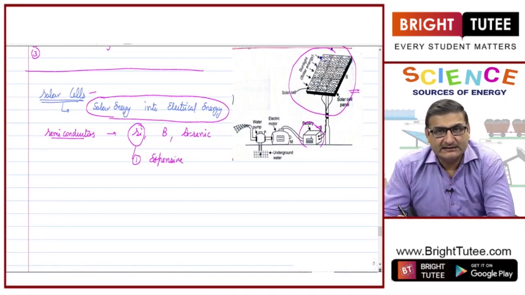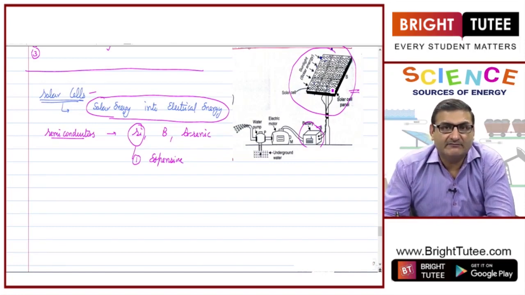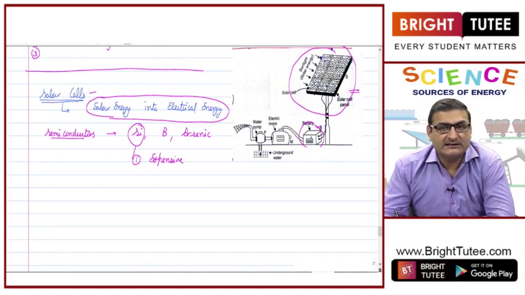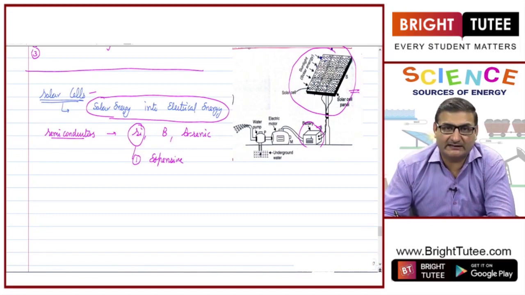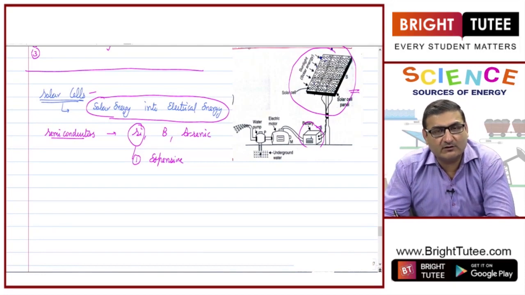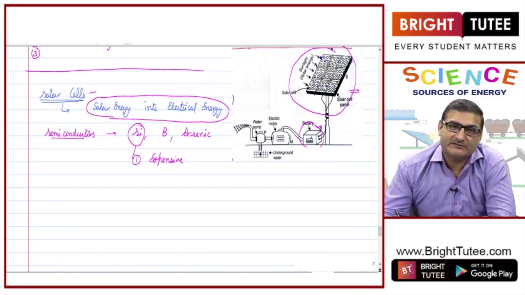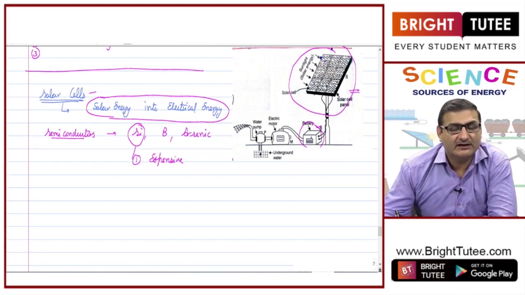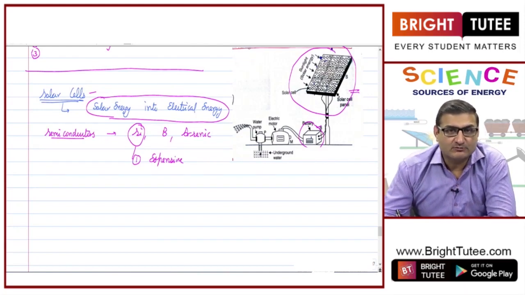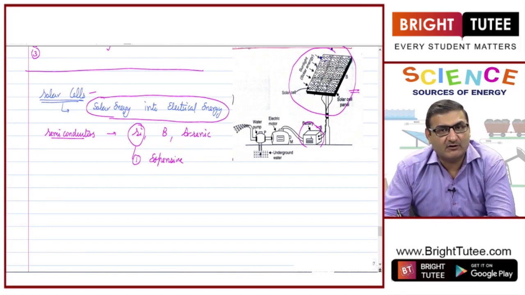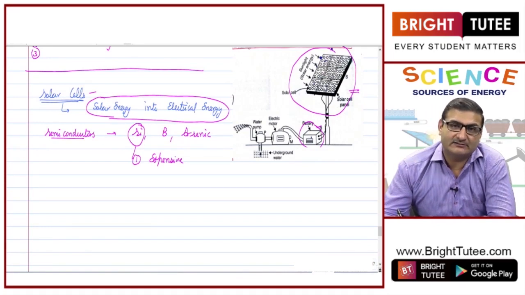The second reason is that these solar cells in the form of a solar panel are connected with silver wiring. Why silver wiring? Because silver is the best conductor of electricity. Each solar cell is producing a very low amount of electrical energy which we do not want to get lost. So, we use silver wiring connections which make it again very costly. Fine. So, these are a few limitations of using solar cells.